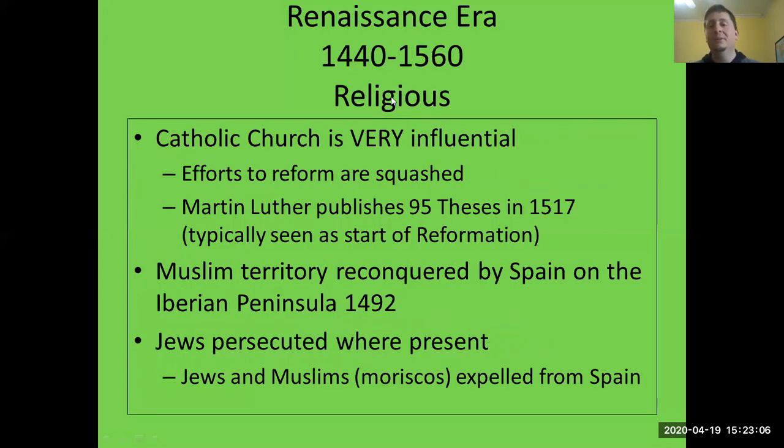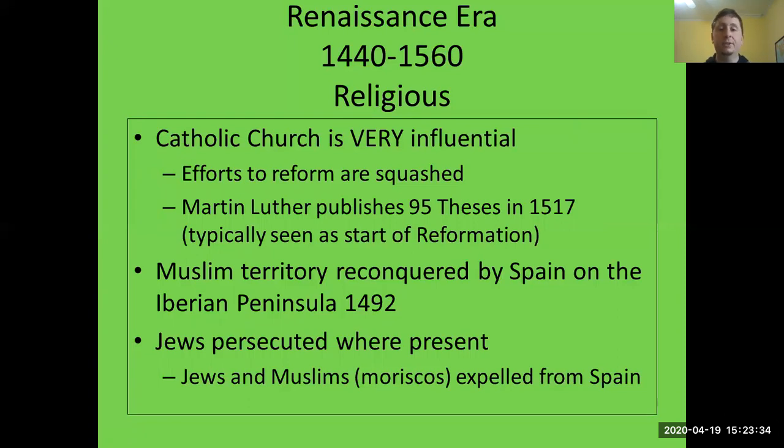Let's see, so we're on SPR, religious. In the Renaissance era, the Catholic Church is all that and a bag of chips. They control everything. They are very much against reform. The popes are very powerful and they like it that way. They're very rich and they like it that way. They have been for a really long time, and they're getting richer, and they're continuing to be more and more